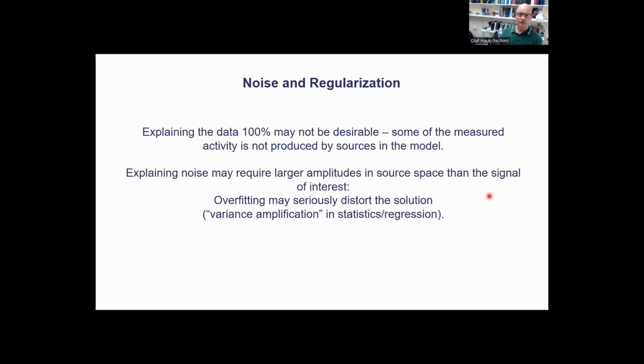The dangerous thing is that this noise may end up in our source space and get amplified. It wouldn't be a big problem if the noise and the signal had similar amplitudes in signal space and in source space, so that the signal-to-noise ratio stayed the same. But as I've just tried to explain with my little matrices there, it might actually end up very differently, and we might completely distort our source estimate